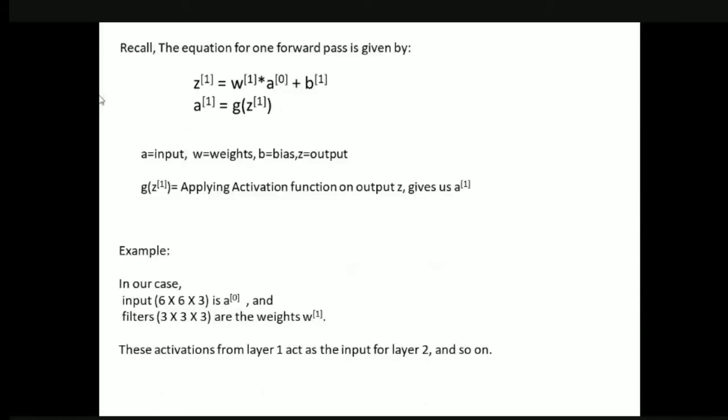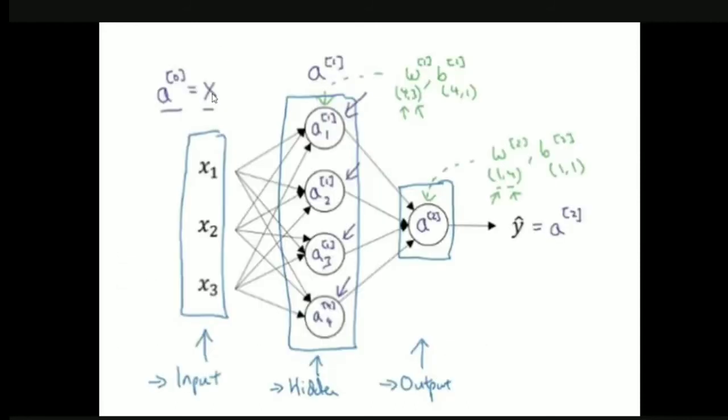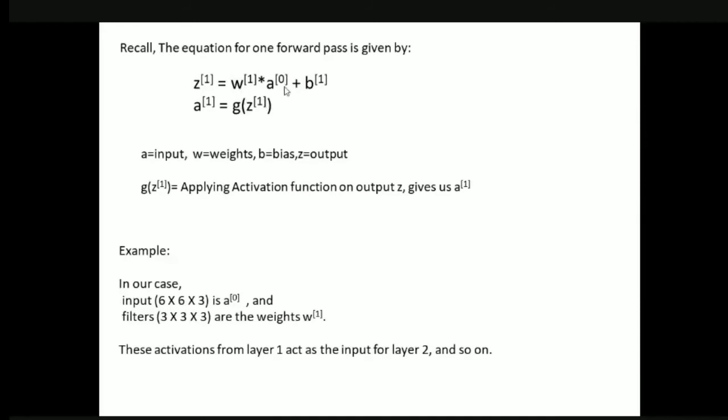If you recall from the previous classes on the introduction to neural networks, the output Z is equal to the weighted sum of the inputs plus the bias value. W means weight, A means input, B means bias, Z means output. That is, Z equals weights into input plus bias. Initially we have some default bias values. When we do weight into a power 0 plus b, we get Z1 as the output value.